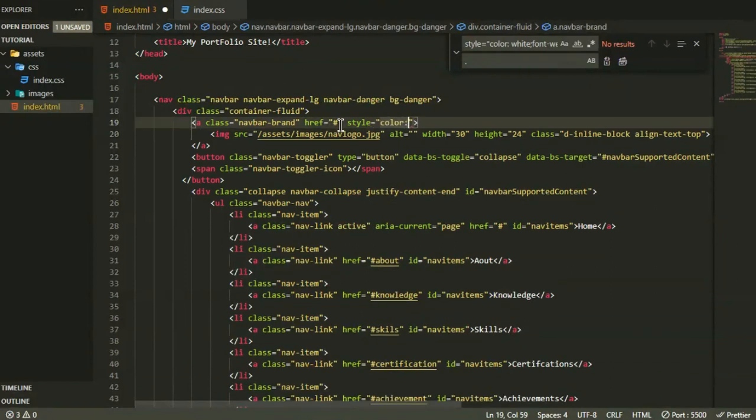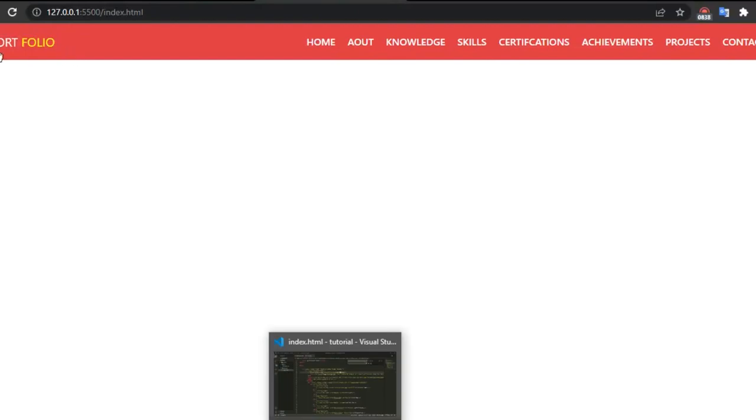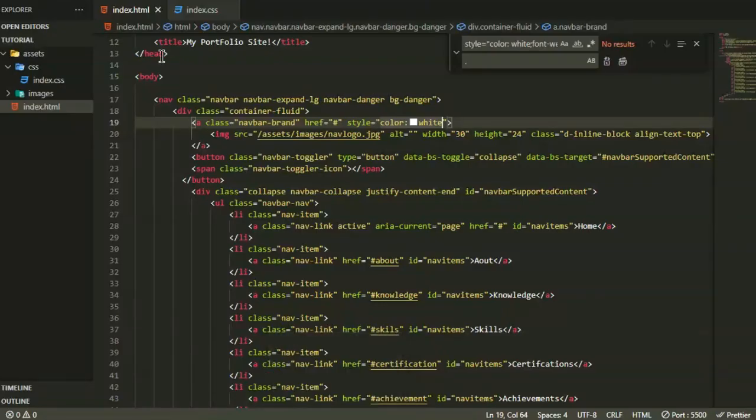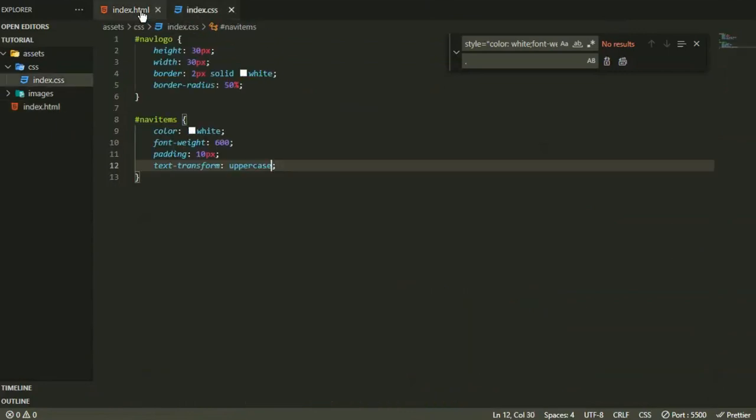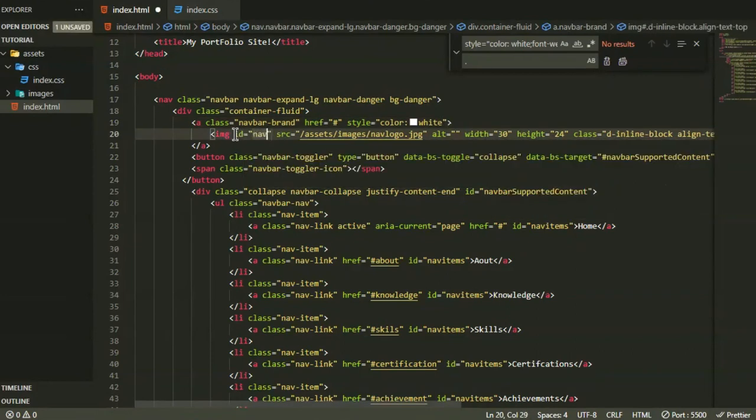Yeah, and if you want to align the items to the right, now if you see currently the nav items are aligned to the left. So if you want to make the same thing to be aligned completely on the right, we just have to use this syntax under bootstrap, which is justify content end. So that is going to make all the items aligned to the right. So if you can see, all the items are aligned to the right, and